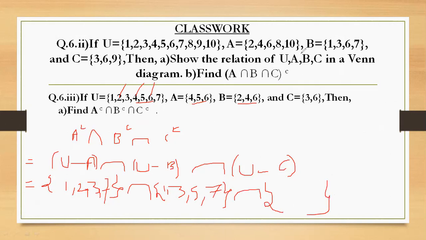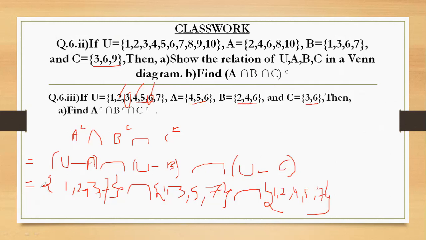What will you get if you subtract C from, look at C. C, what is there? Oh, sorry, this is the upper one question. C is what there? 3, 6. 3 and 6 subtract. What is left? 1, 2, 4, 5, 7. Is that the remaining of the universal set? 1, 2, 4, 5, 7.